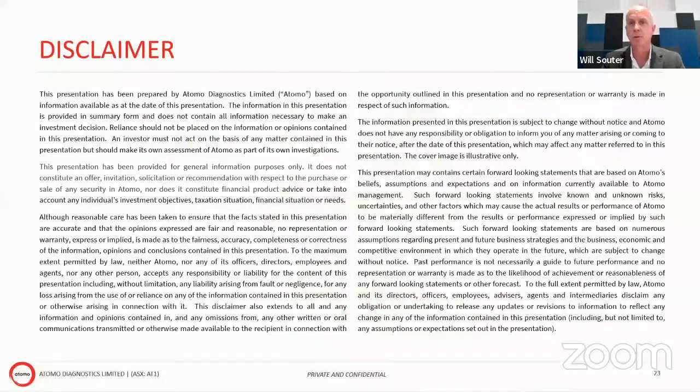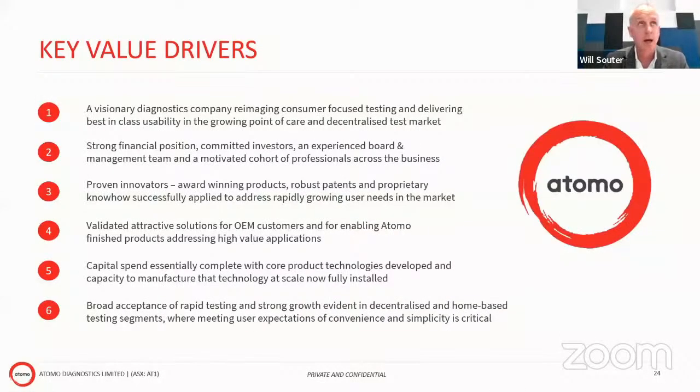If we could move on, I just wanted to talk about some of the key value drivers behind the business. I think if we go back to the foundation of Atomo and think about where the people in the business came from when they set it up, the focus was very much on bringing a user focus to a very traditional industry that had been dominated by labs and dominated by a very traditional and incumbent kind of approach to diagnostics, and thinking about how testing could be done at home, in remote settings and with untrained users, and still be effective, still be efficient, and make that user experience significantly better. So that's how the company started, and that's been the kind of innovative approach that they've taken to diagnostics during